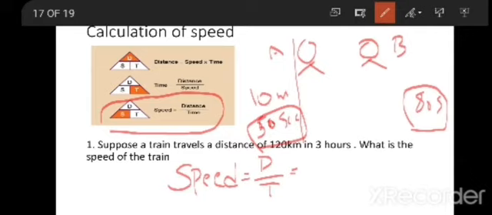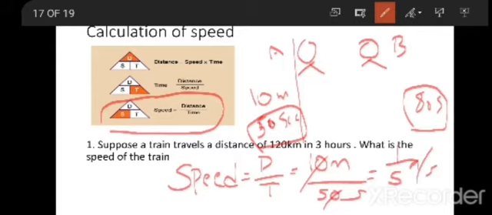What is d here? d is how much distance it covered. You all know it covered 10 meters. In how many seconds did it cover that? It covered it in 50 seconds. So you do the cancellation and you get 1 by 5 meter per second, which is 0.2 meter per second. So it covered 0.2 meters in 1 second. Like that you are going to know the speed of the vehicle.